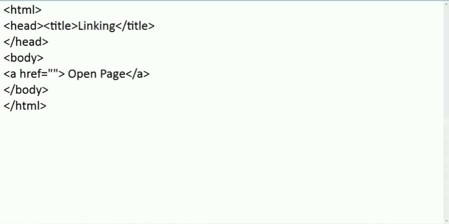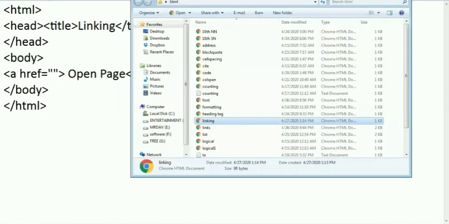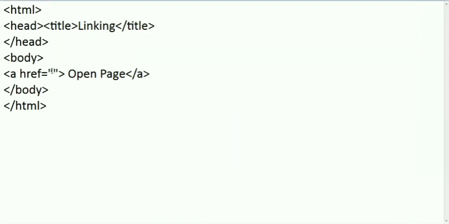Now I wanted to give a link of any web page. Which web page can I give? I can check in my folder. Like here I have one page, I can give anything. I'll open counting.html.